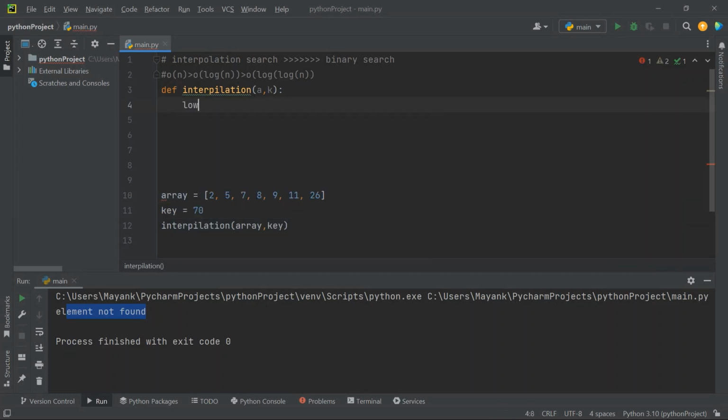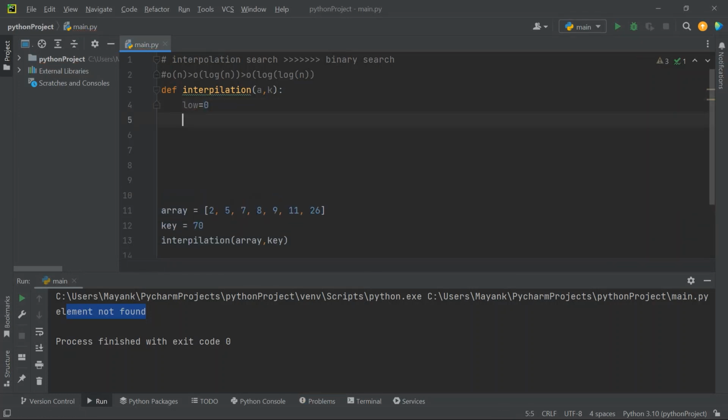That means my lower value will be at index 0. In a similar way, my higher value, another variable called high, will be at the index value. You can clearly see 26 is at index 6. But how can I write 6 over here? There should be a way, and the way is you just say length of a